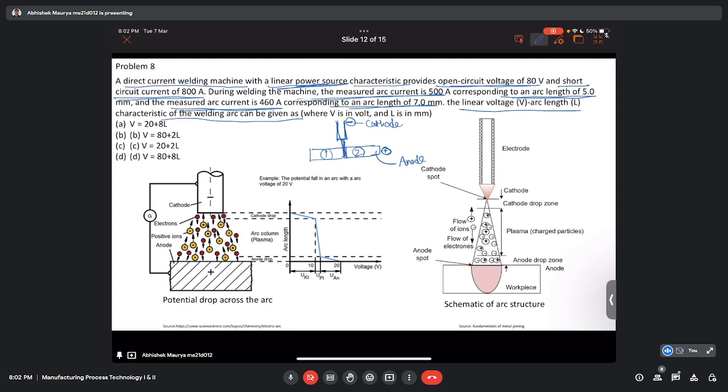So if we apply a higher voltage between anode and cathode, then the current, basically, if you have seen the welding process, what we do initially, we bring the cathode,